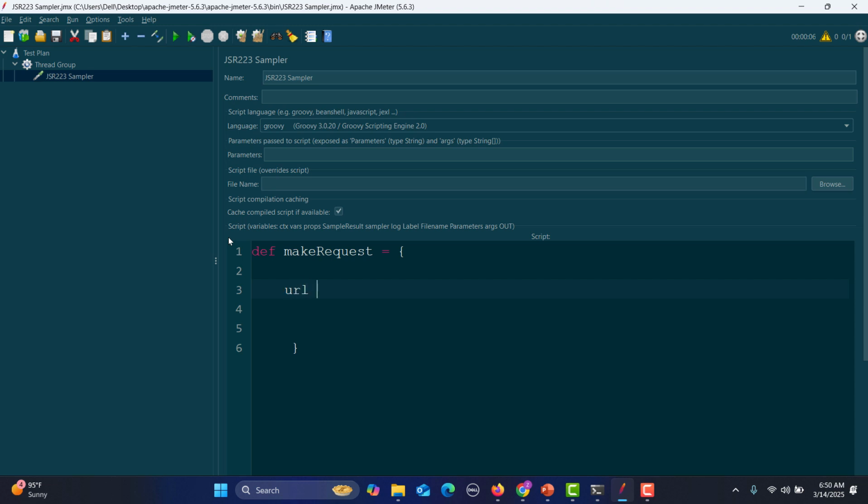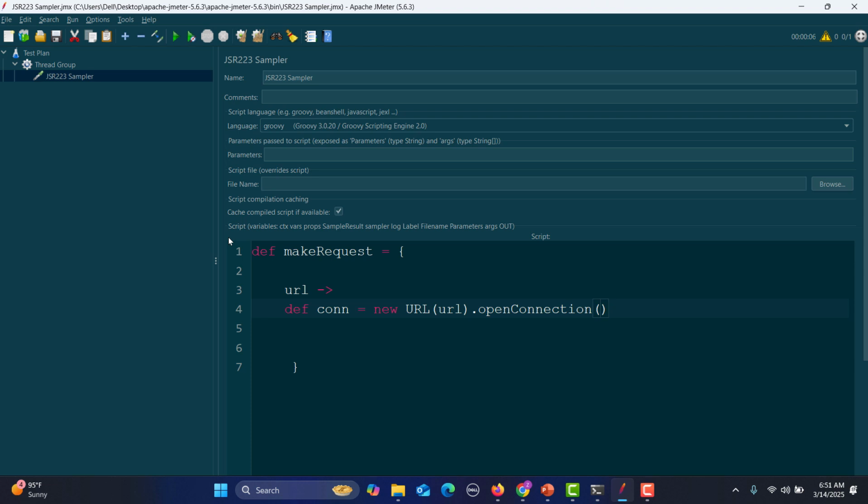So for example, tomorrow you want to make 100 HTTP requests, so you can do that, right? And here we say def conf is equals to new URL. We need to pass the URL dot openConnection,